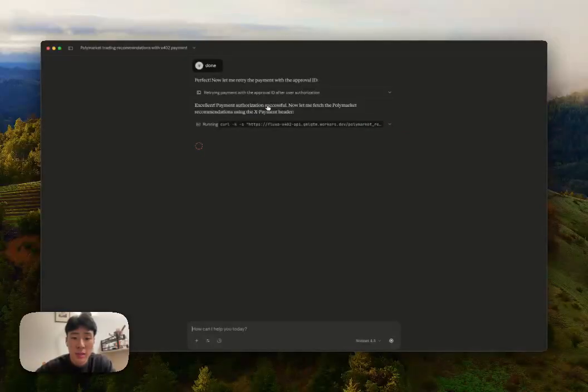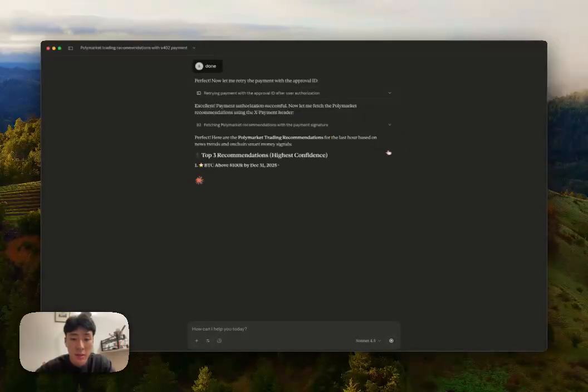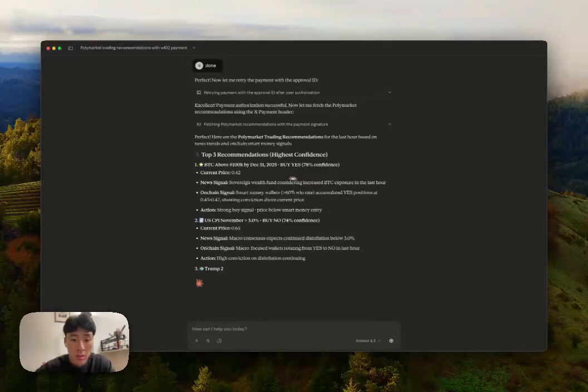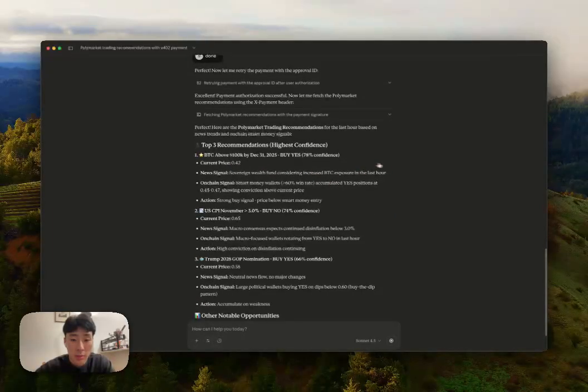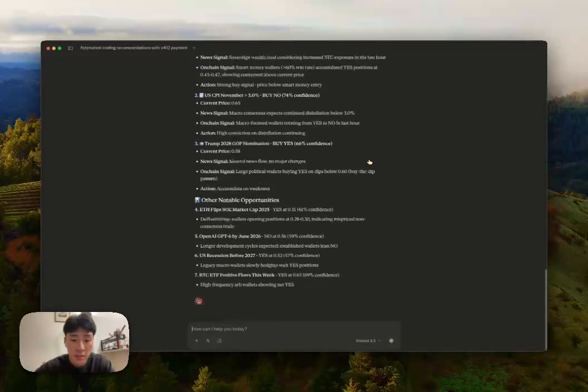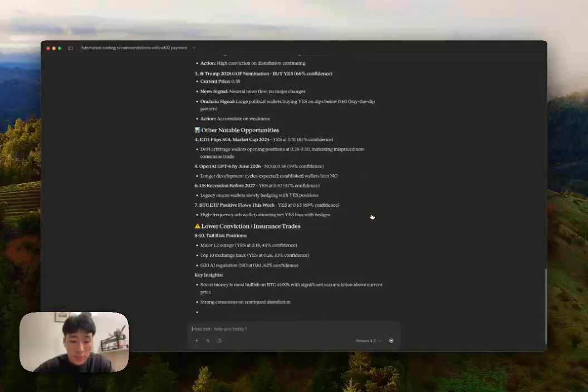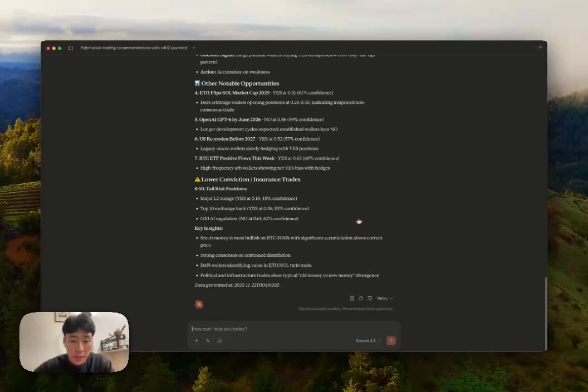So the payment has been authorized as we have authorized it. And it has successfully fetched the Polymarket trading recommendation. So we can see the 3 recommendations with the highest confidence. Okay, now let's see what happens if we